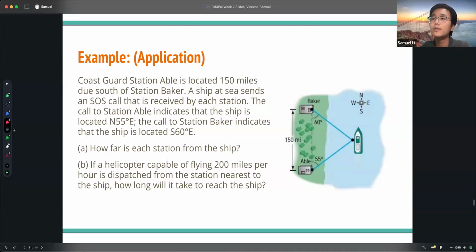The question says that place A is located 150 miles due south of station B, which is over here. And then a ship at sea, which is right over here, sent an SOS call that is received. And then they were able to detect that the angle over here is 60 degrees and the angle here is